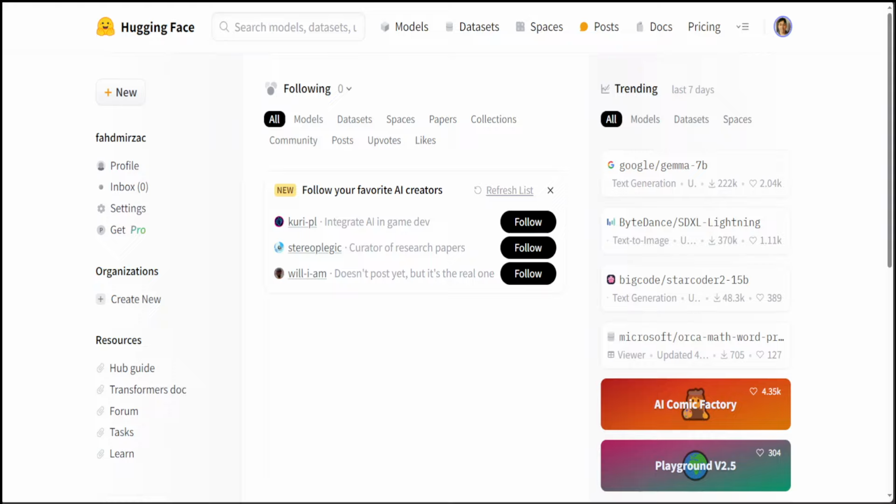I use Hugging Face website every day. I never thought that I would be using any website more than Google in a day, but here I am using Hugging Face more than any other website in a given day. Not only do I search through a lot of models, I also go through datasets, spaces, posts, even research papers